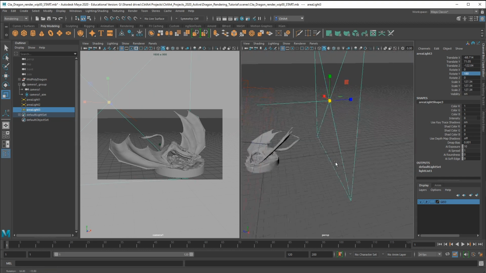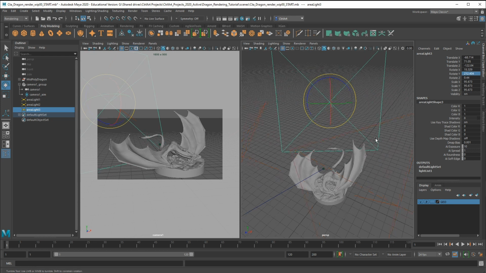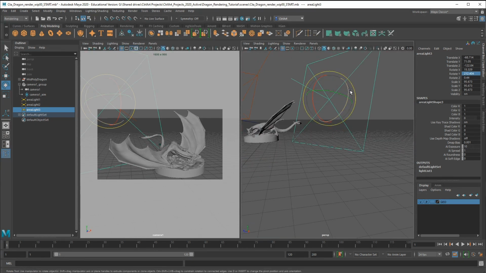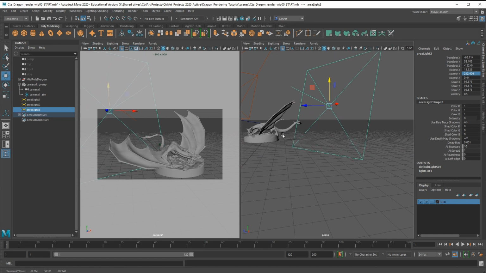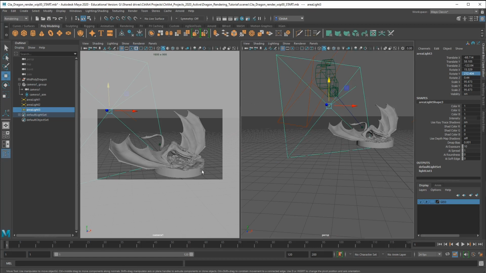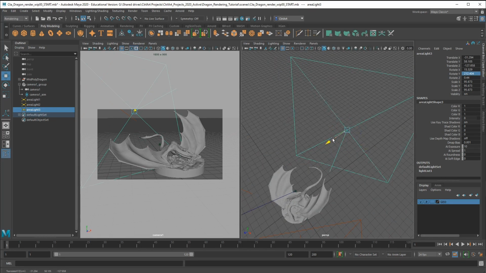Scale it up a bit, and maybe a bit too much, and I will also tilt it up. I want the light to come from an angle, a bit from behind and a bit below. So the reason for this, I might even push it a bit down. I will give a bit of underlighting to the dragon from the angle that we see here. I might even push it. Now I don't even know the